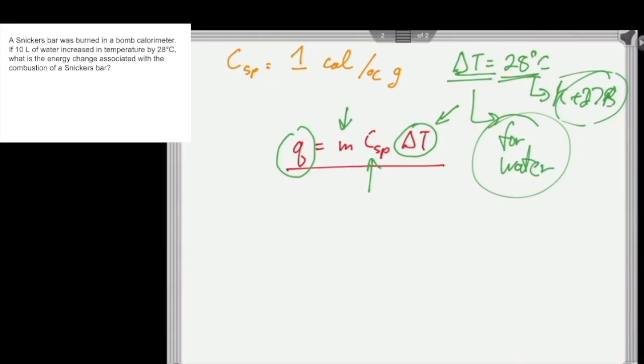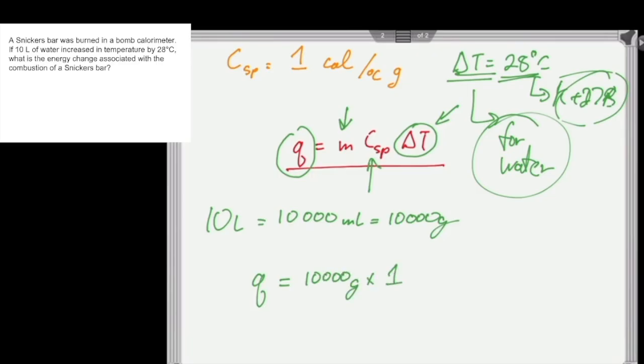10 liters, right? Now we need to convert this. We have 10 liters of water. 10 liters of water is equal to 10,000 milliliters, which is equal to 10,000 grams, right? So finishing this off, the total Q here is equal to 10,000 grams multiplied by 1 calorie per degree Celsius gram multiplied by 28 degrees Celsius equals